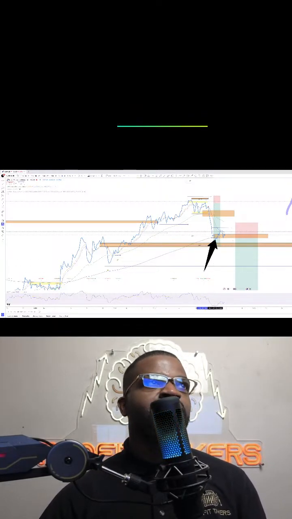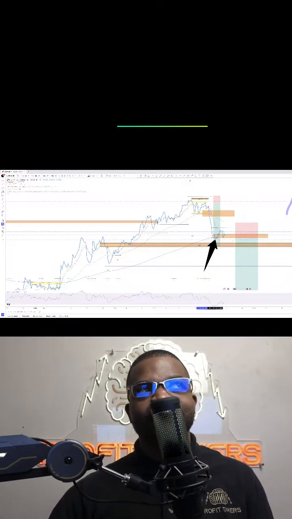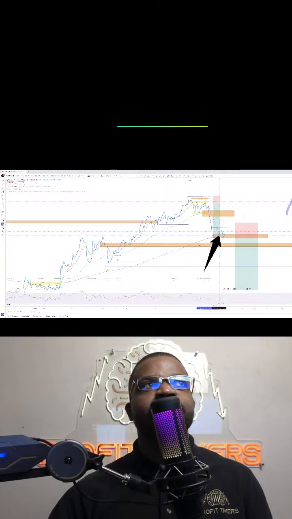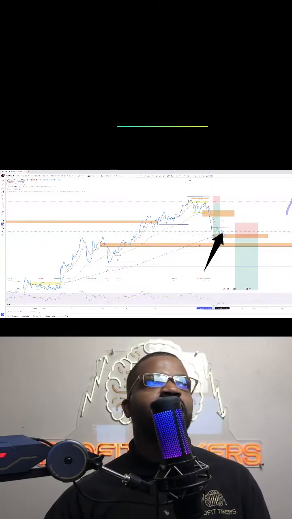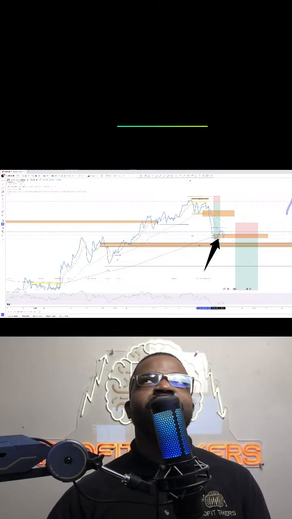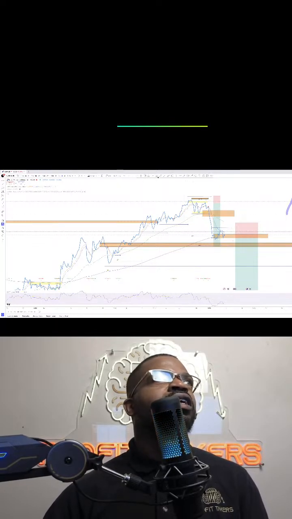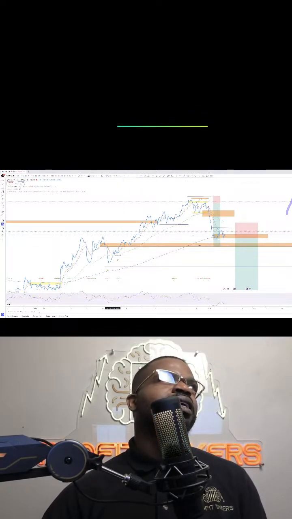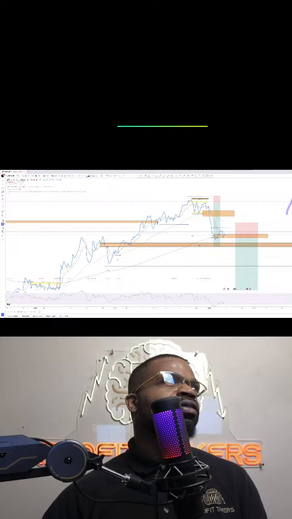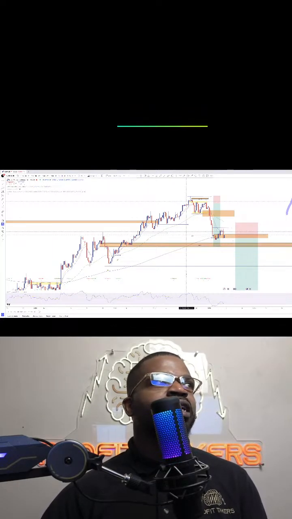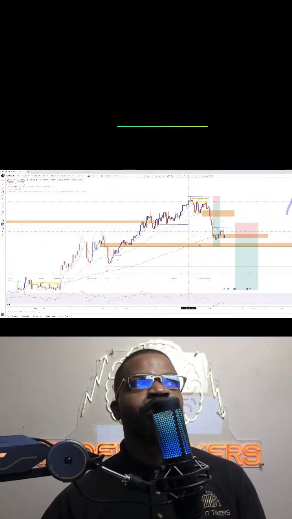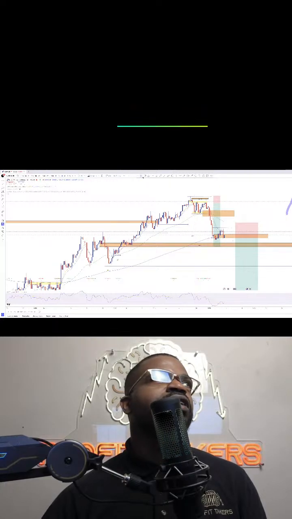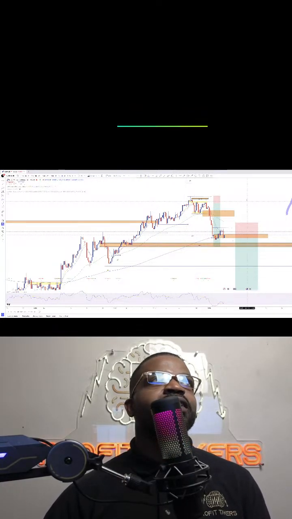So I never tell you nothing I can't show you. So we got this double bottom right here. Price went up, this double top, and price came down. Now it's retesting this. When you see a battle between two reversal patterns, that normally means you're trading in between two structural levels. What I mean by that is,